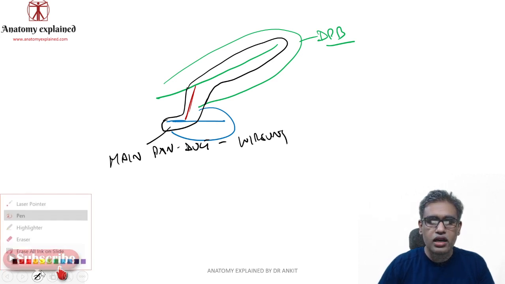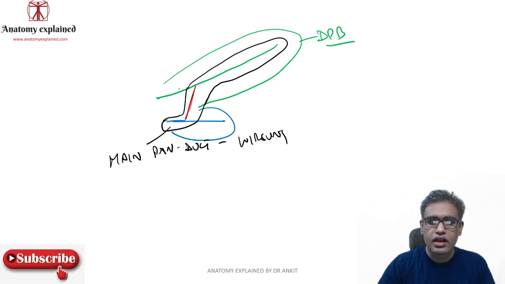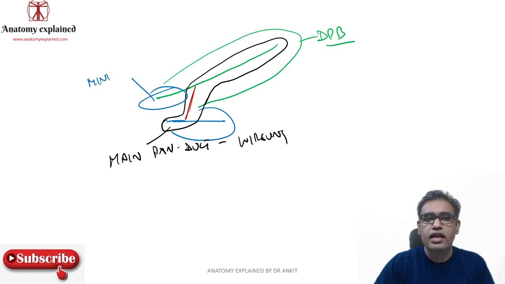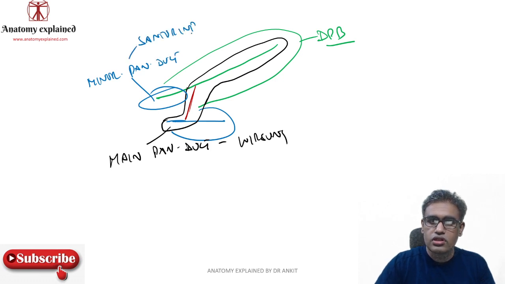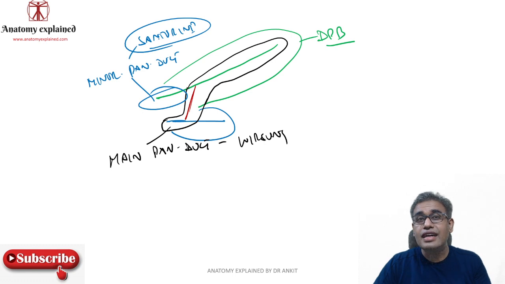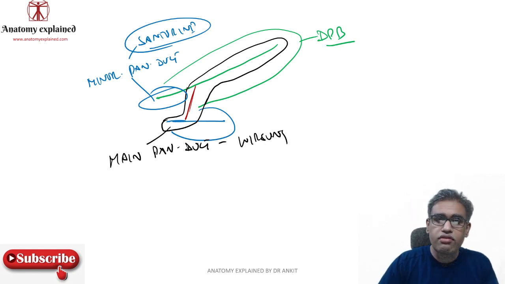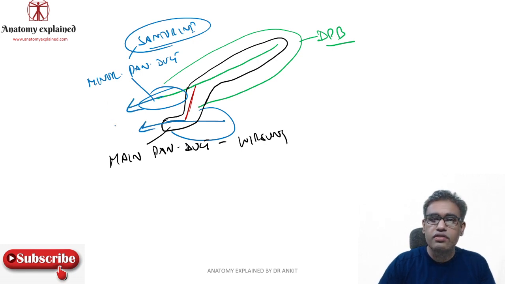And this small part over here, if we take this color, will form a minor or smaller accessory pancreatic duct, also known as the duct of Santorini. Now these are your exocrine ducts. They will have a lumen, it's a whole ductal structure. Their secretions are opening in the gut part. Which part of the gut? What was the gut which was lying over here?